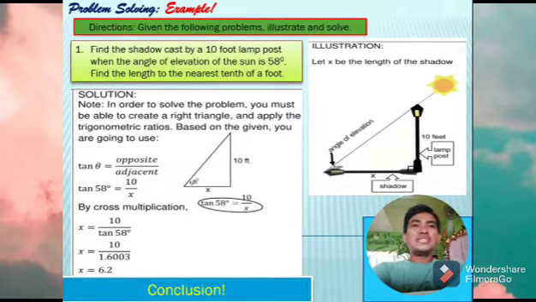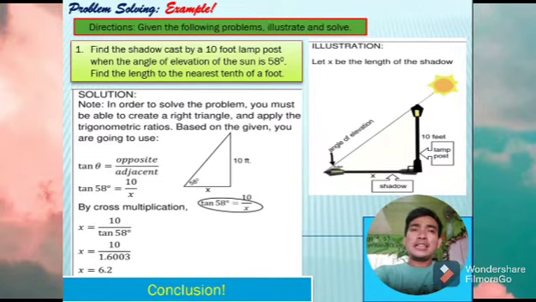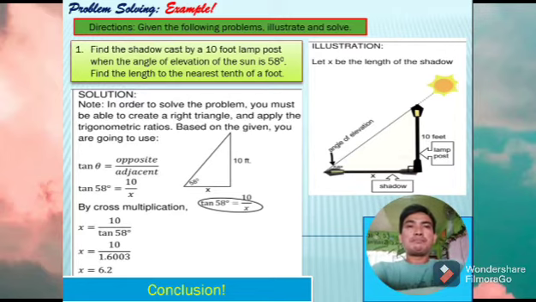So, based on the given, you're going to use tangent, of course, since tangent is equal to the opposite over adjacent. That is because it is in the given. Okay. So from our illustration, this would be the angle. Opposite to that one is the 10 feet, and we're looking for the adjacent part, which is represented by our x. So as we simplify, to solve for x, let's now